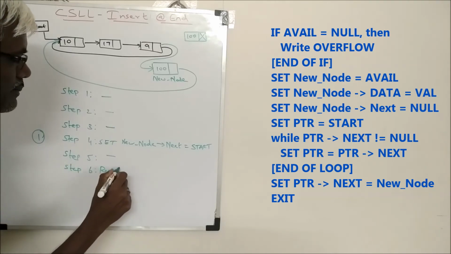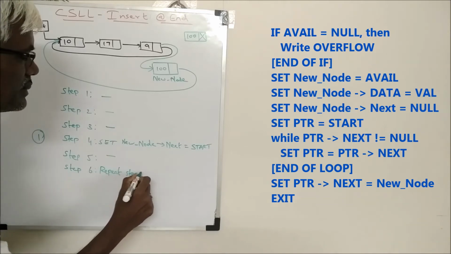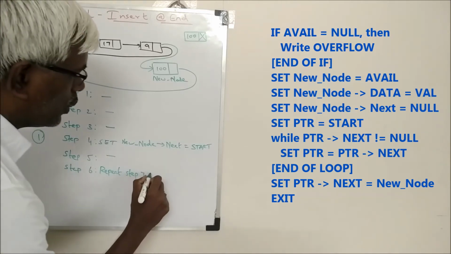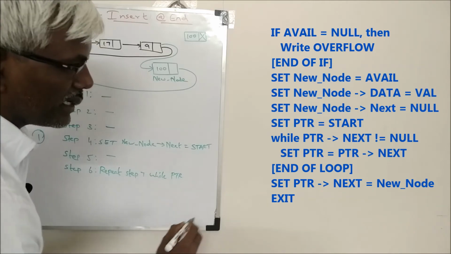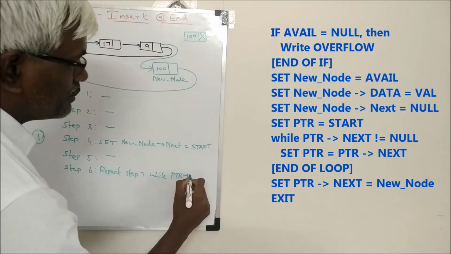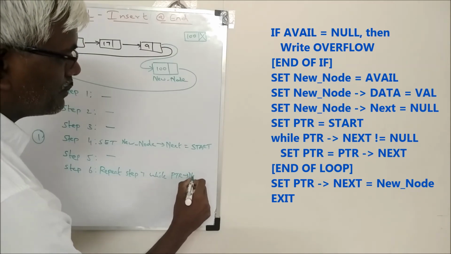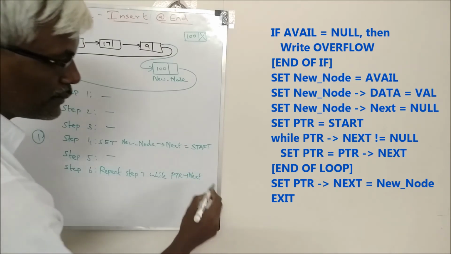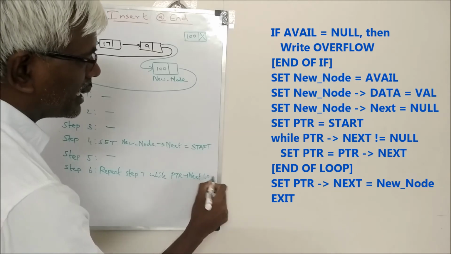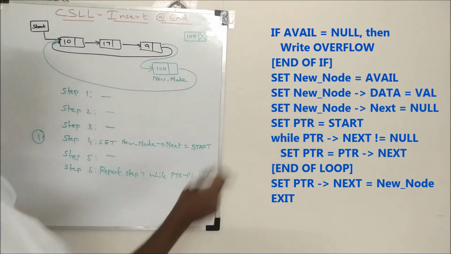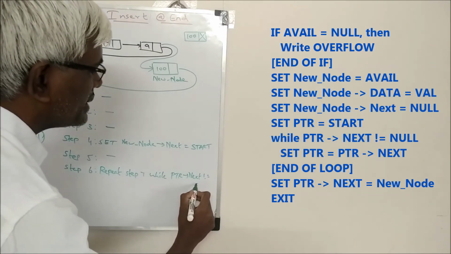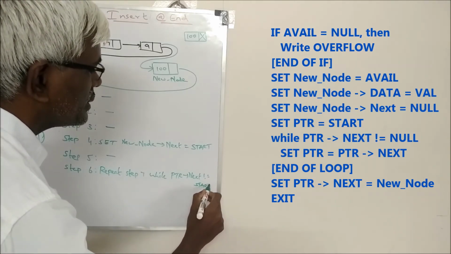Repeat step 7 while pointer of next is not equal to what? Here it is null. Instead of null, I just replace it with start,